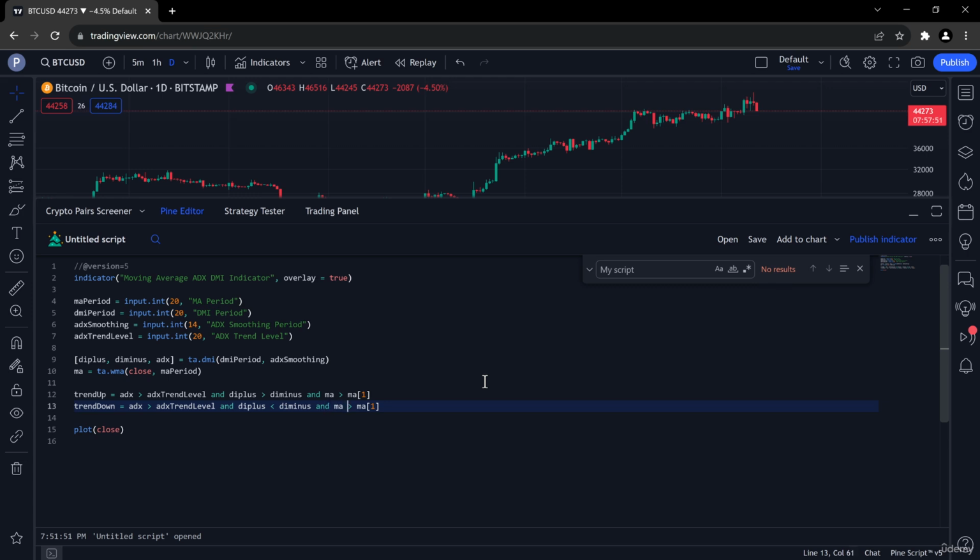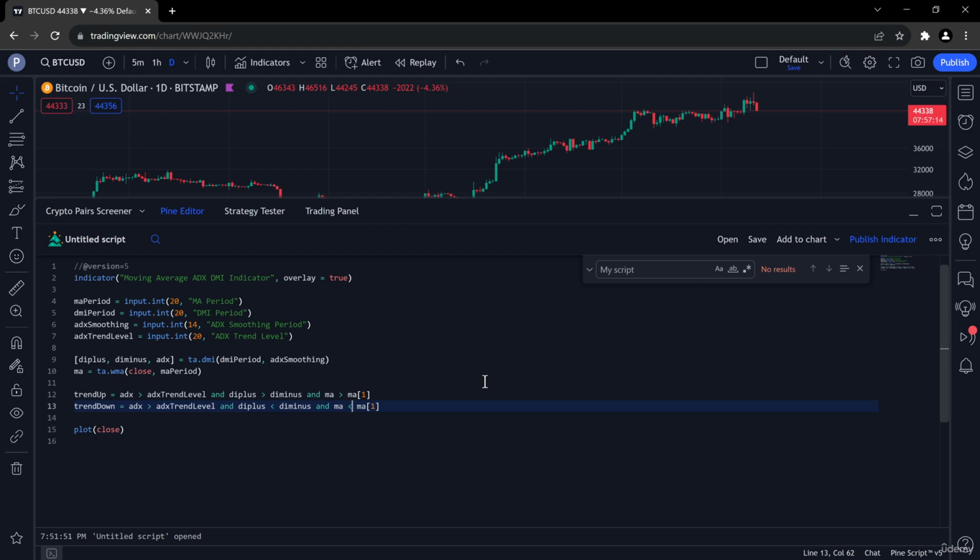And the moving average is supposed to be trending down for the trend to be considered bearish by the moving average indicator that we use as internal indicator in our moving average ADX DMI indicator. So we have set the values for these variables, trend up and trend down, and now we can